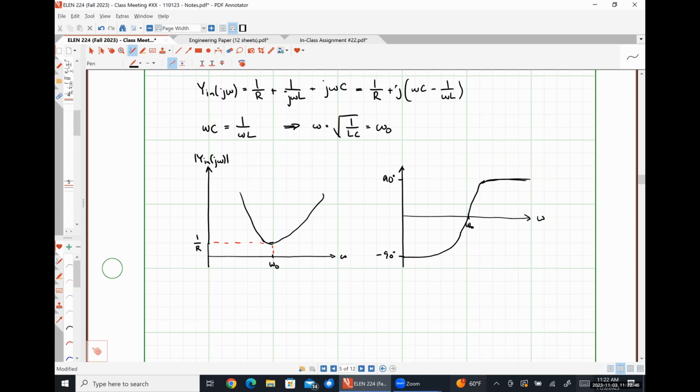So we can see then very clearly that the admittance of our network is dominated by the inductor for very low frequencies. It's dominated by the resistance around our resonant frequency, and then is dominated by the capacitor for very high frequencies, which is exactly inverse of what we saw for a series RLC circuit, which once again should make perfect sense because we're just looking at the reciprocals of everything.